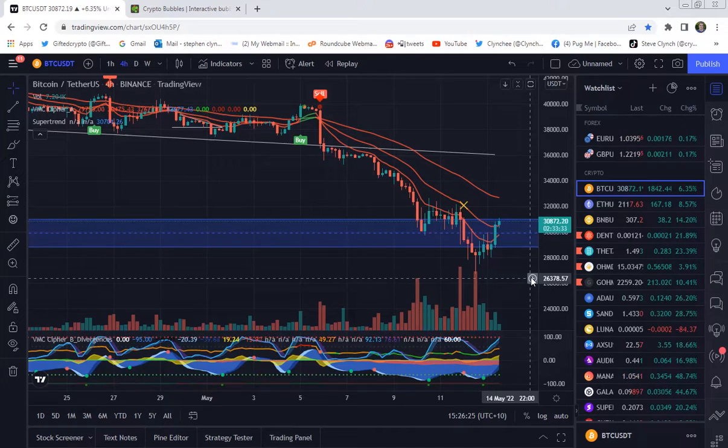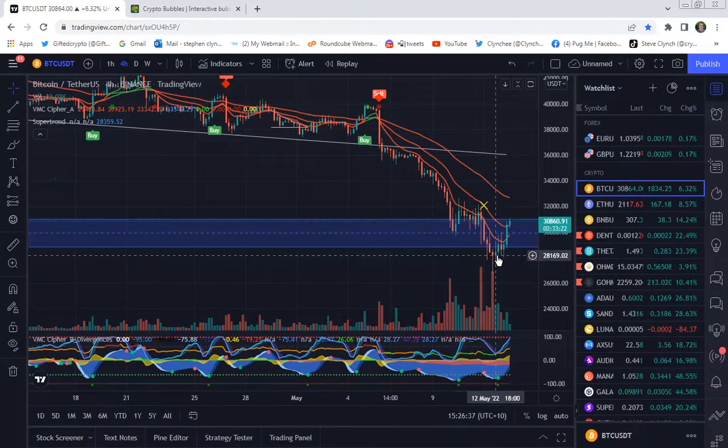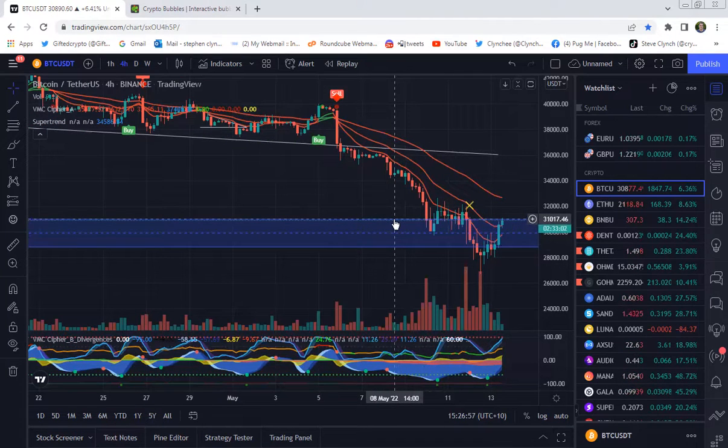So if we have a look at where Bitcoin is at the moment, they're right at the $31,000 level, which is the top of the logarithmic channel. We came down to the bottom of the logarithmic channel yesterday, turned around, and now we're back up to the top of the channel. At this point where we are now at $31,000, there is a lot of resistance here. So if Bitcoin can break through this resistance at 31,000, then it can use that as support and hopefully sit